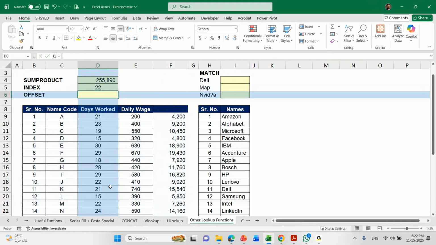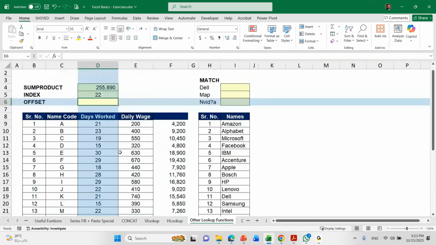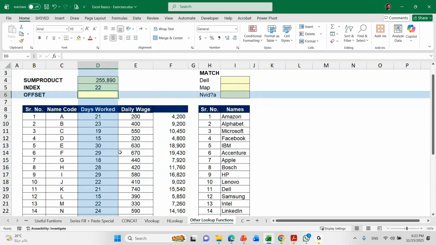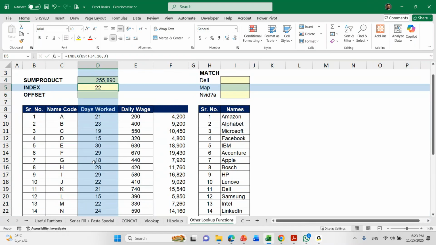This is the function. It can bring you the value at the cross section of a column and a row in the data set. Clear? Now, the second function that we would like to bring to this analysis is the offset function. Offset function is a similar function. However, the working of this function is a little different from index. It does not take into account the